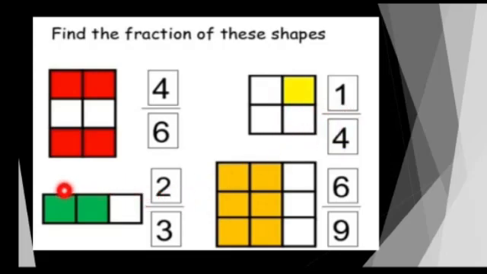We can see here 2 by 3, here 2 is the numerator and 3 is the denominator. So why is 3 the denominator? Because this whole is divided into 3 equal parts and out of them 2 parts are shaded. Okay, so that's why 2 is the numerator. Now next example, here the whole shape is divided into 9 equal parts. Okay, and out of them 6 parts are shaded. So here 9 is the denominator and 6 is the numerator.